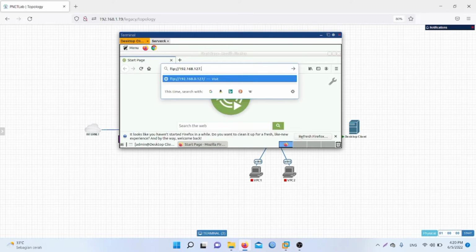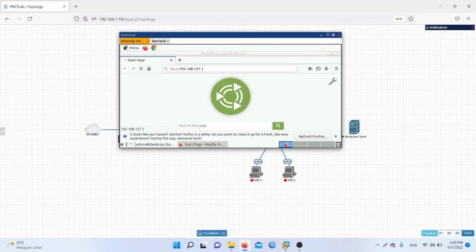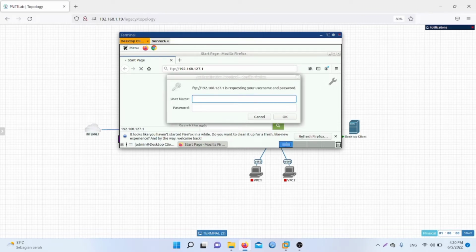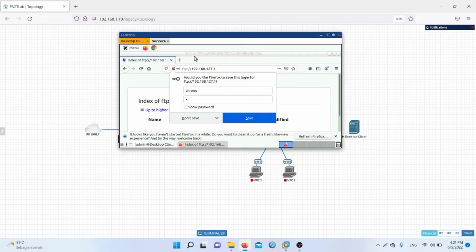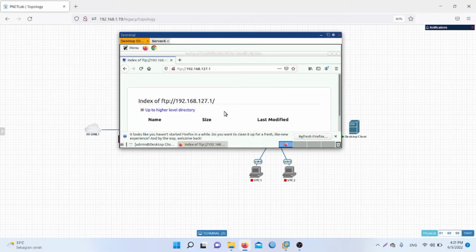Like this, and enter. After that, we enter the username, which for me is chrono, and the password is 1, and enter. After we have entered the FTP web interface in our web browser, we can go back again to My